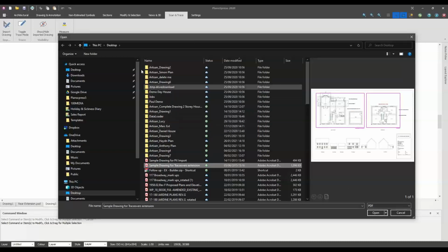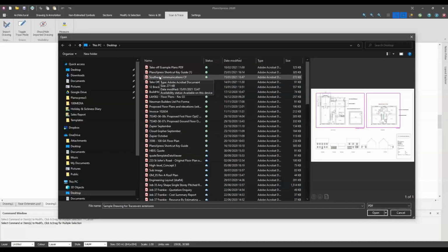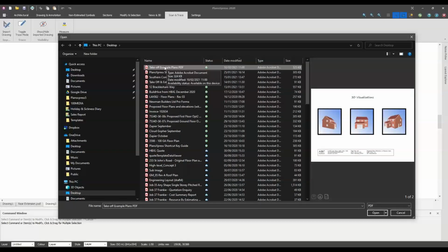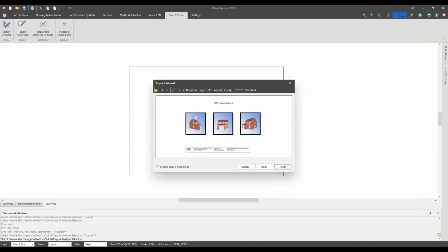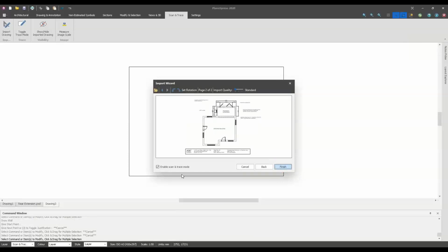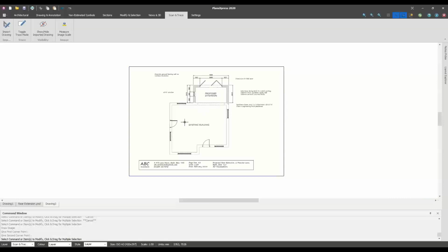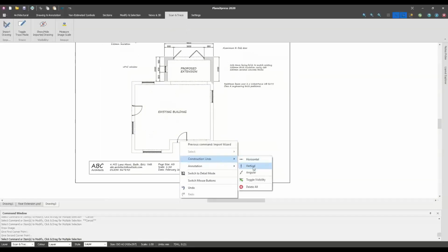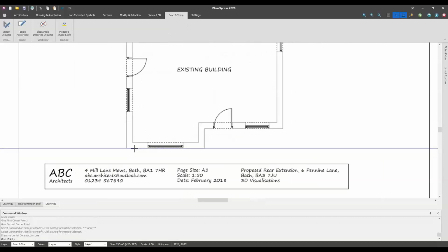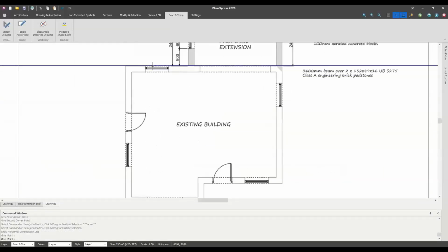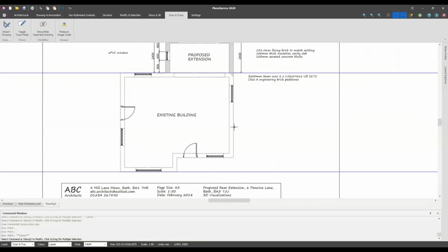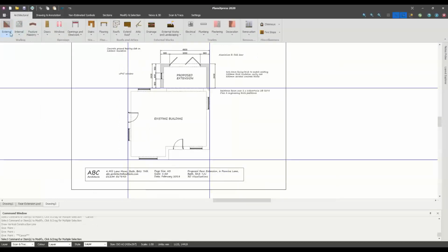Actually, let's do the one that I just did. So bear with me. The plan I actually ended up getting in was the one that we do in the course, so that would make sense. Second page along, it's going to be that one. So what I'm going to do here is,